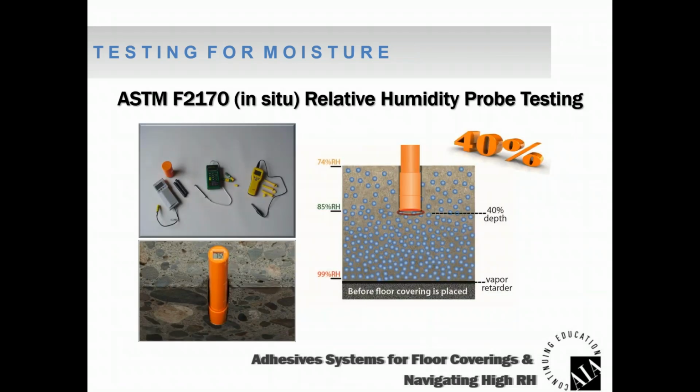The other one is relative humidity testing, similar to how we test humidity in a room, testing the ambient humidity from a percentage standpoint. We can do the same with concrete. We can test the concrete for a percentage of moisture. Very commonly, we test it at 40% of the slab thickness,